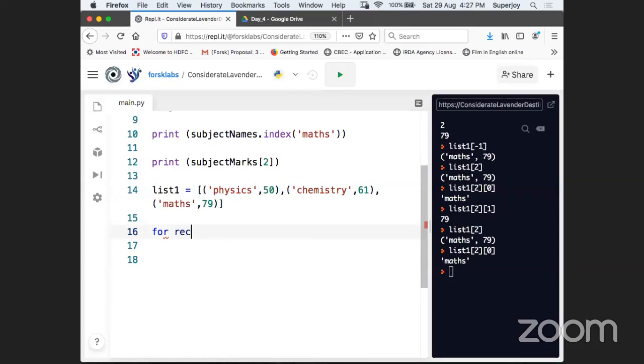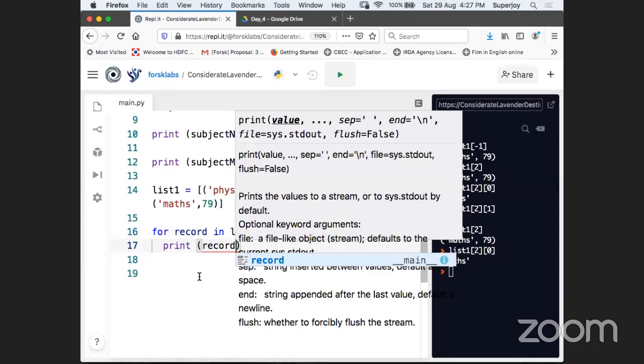So for each record in list 1, there is some keyword used for record. So I just say RD. Okay, I'll just say item. Oh no, it's okay. Okay, fine, we can use it. So for each record in list 1, print record. Let's see, guys. We want to do this way. What will happen?